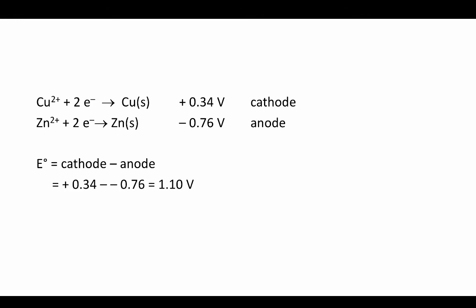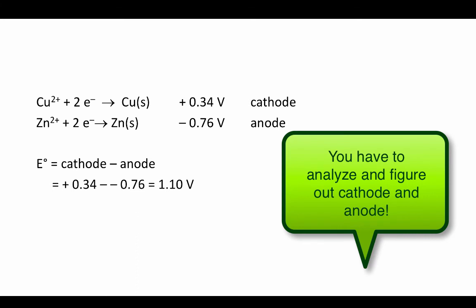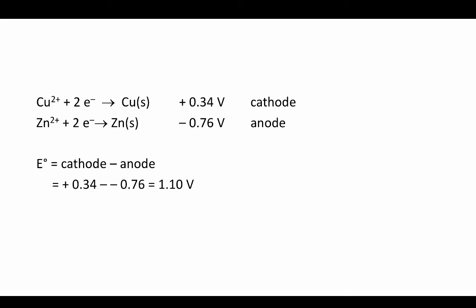From here, I could use my cathode minus anode equation, in which case I would merely take one, subtract the other, and we're done. Now this does require me to take a look at which one is higher up on the chart so that I know which one is which. So I am still doing an evaluation to know what has to be subtracted. This would still give me one answer. This is one way to do the math. Looking at it the other way,